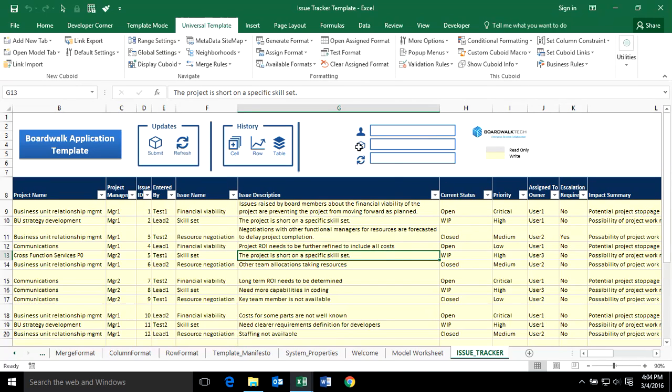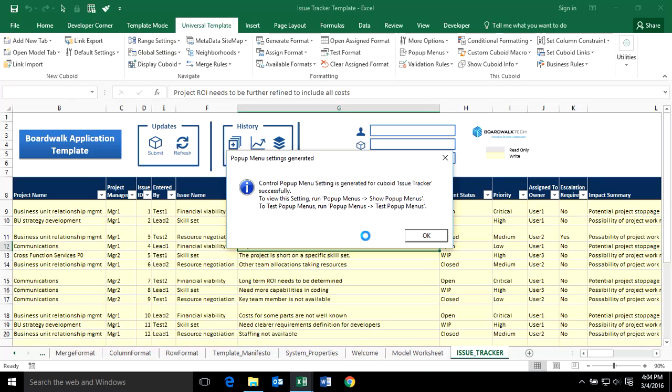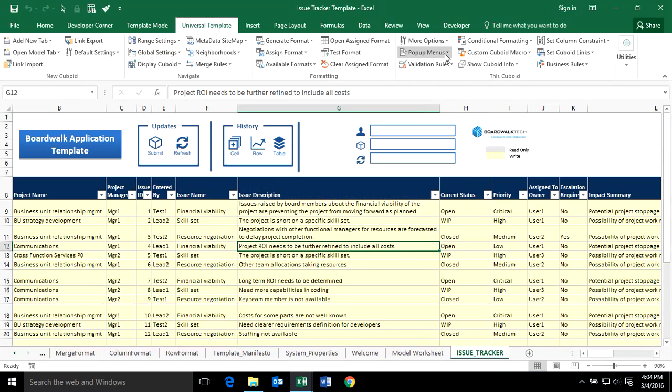I want to be able to have these update boxes show when people do submit and refresh. So I'm going to say attach event macros. And I also want to be able to have the ability to control whether people can add or delete rows or copy rows. So I'm going to say add some pop-up menus to this,